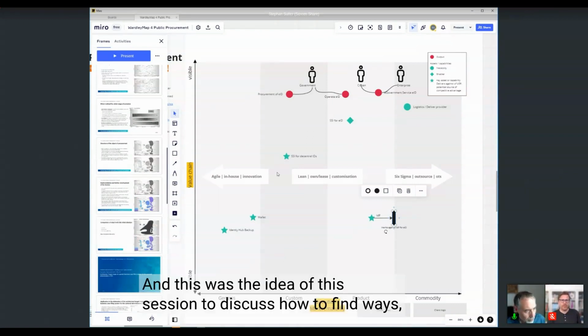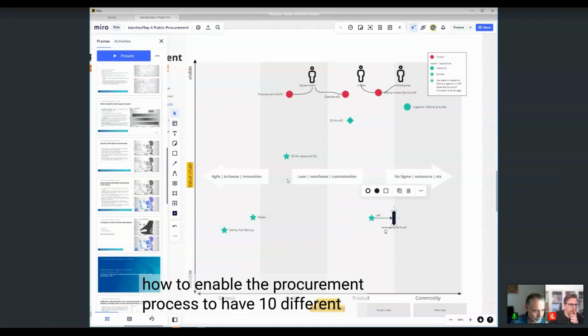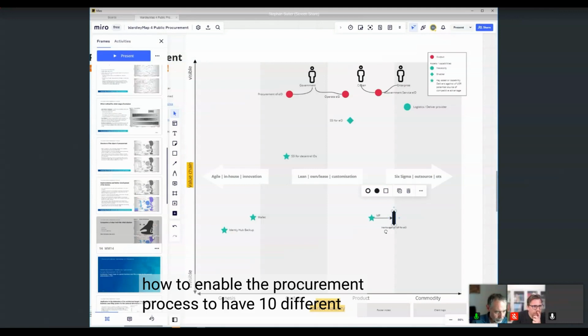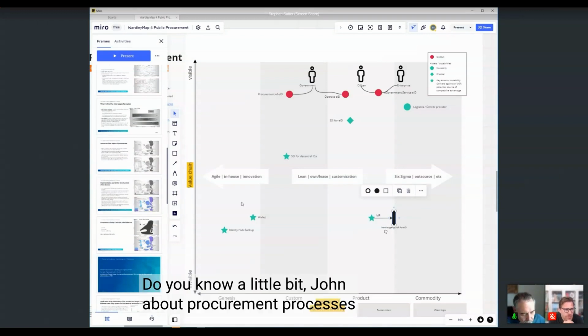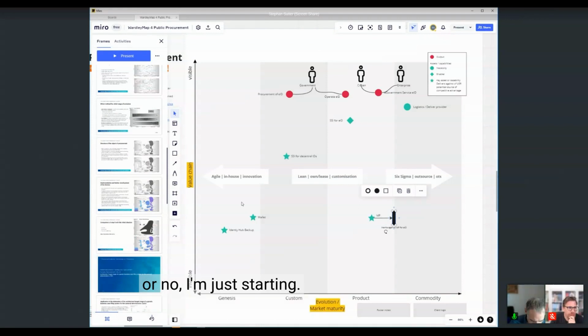And this was the idea of this session, to discuss how to find ways to enable the procurement process to have 10 different teams, like Simon has proposed it. Do you know a little bit, Jan, about procurement processes? No, I'm just starting. That's it. Yeah,